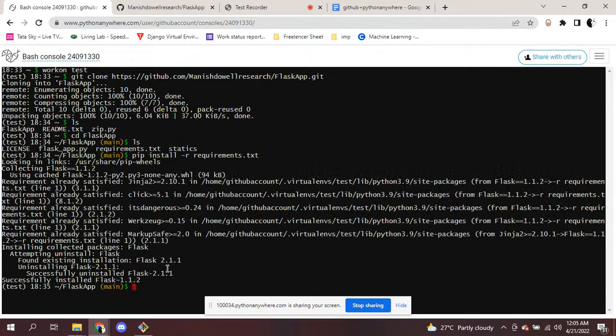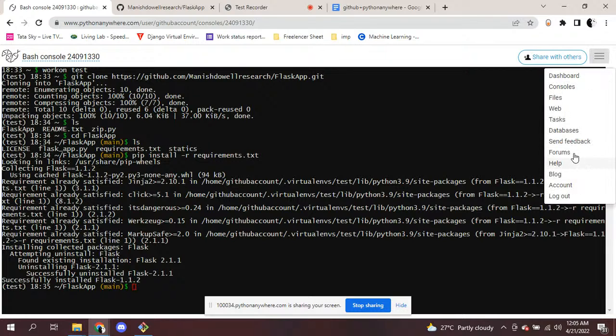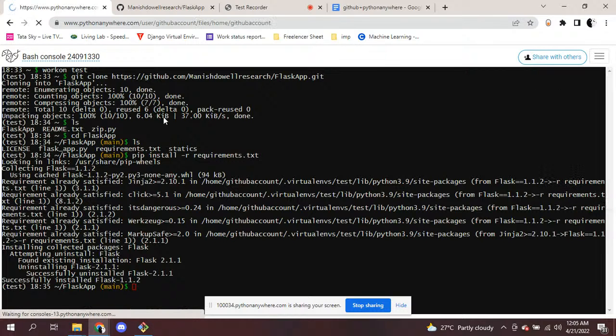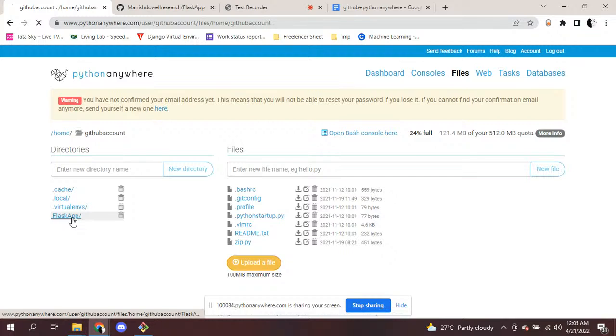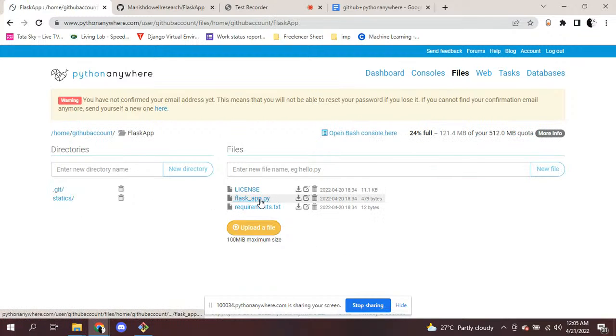See, it's already satisfied, so we can move forward. Okay. Now what we have to do, we have to go to the web tab. Now if you go to the files, you can see there is something called flash app. Inside this we have something called